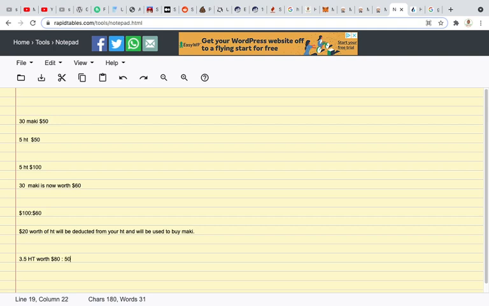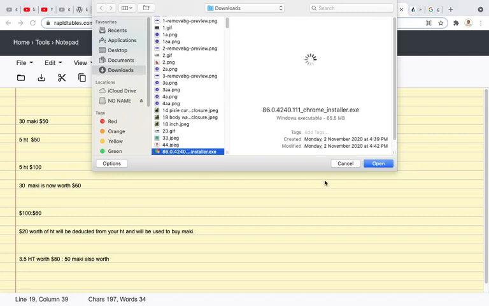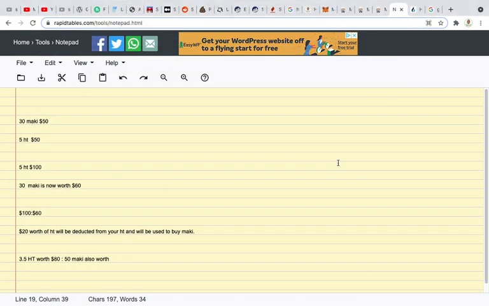50, all right, maki also worth $80, all right, also worth $80. You can see they are balanced. So you now have much token of maki, lesser token of HT. If in the future you remove the two and